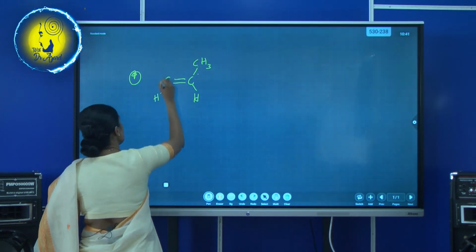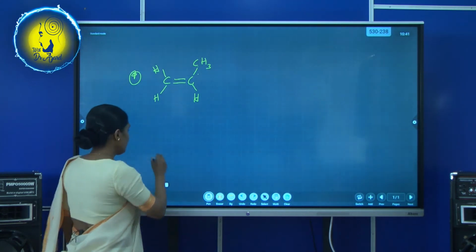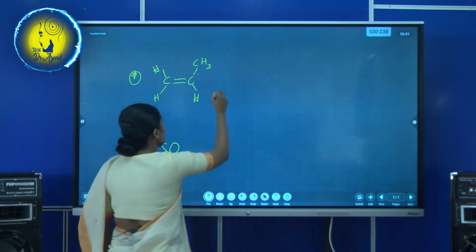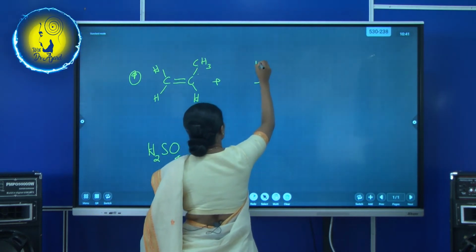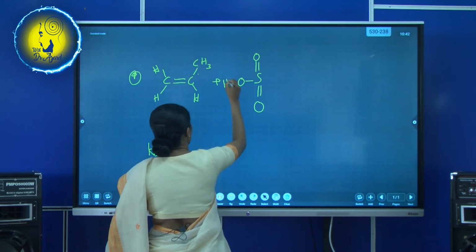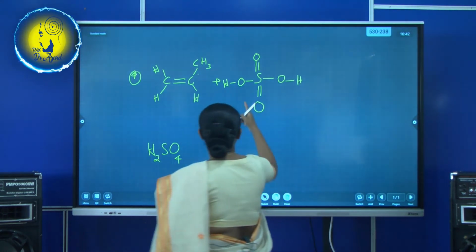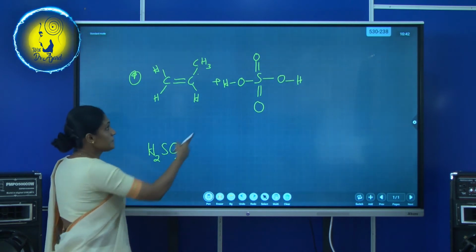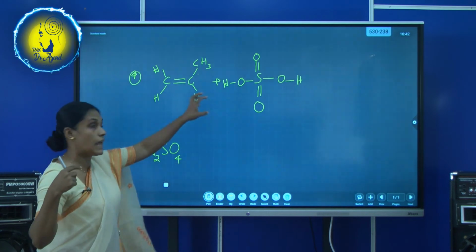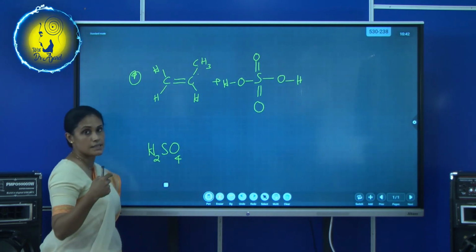Hydrogen, I kept the bond angles too. I told you sulfuric. What is the formula for sulfuric? H2SO4. So here we go. Sulfur double bonded with oxygen, sulfur double bonded with oxygen, single bond with oxygen, hydrogen. Single bond with oxygen, single bond with hydrogen. See, 1, 2, 3, 4, four oxygen atoms. Sulfur is the main atom, the central atom there, and 2 hydrogen atoms.